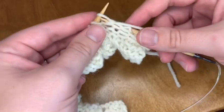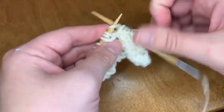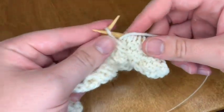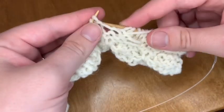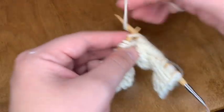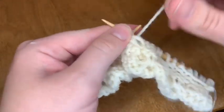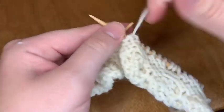knit the next 3, purl the next 3, knit the next 3, purl the next 3,